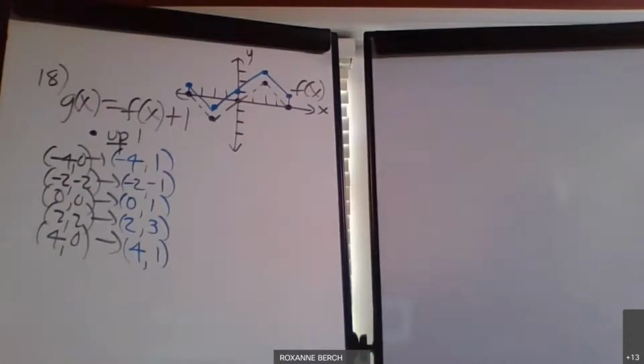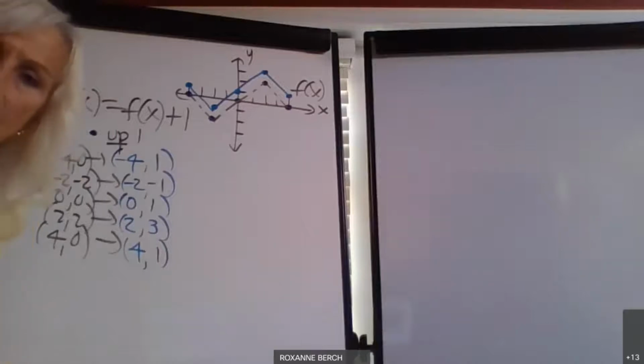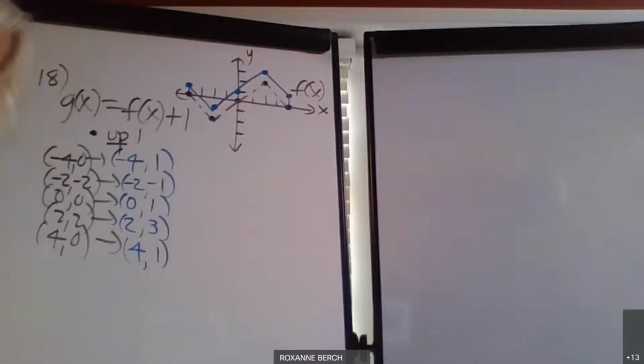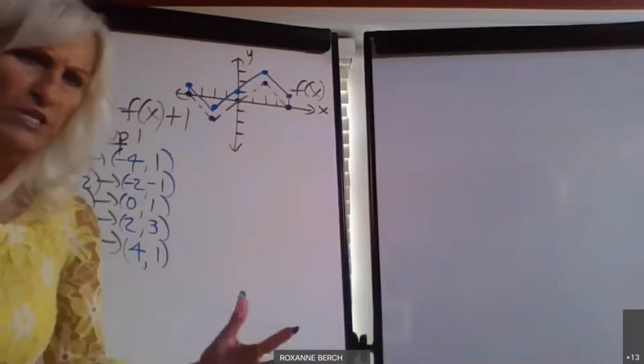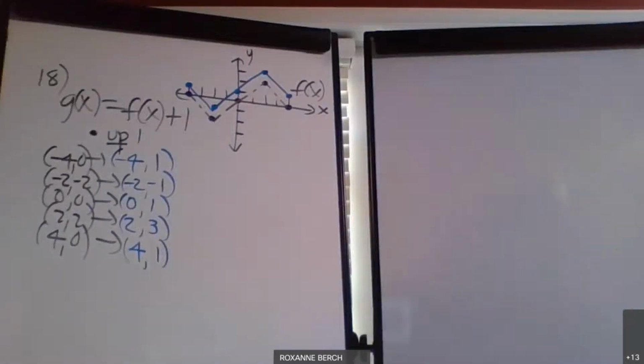So this is what I need on your scratch paper. This is what I need in your assignment. And this is what I need on an exam. Because it gets harder than this. We start doing vertical stretches and compressions. You can't just guess. So we need to eat the baby food before we can do anything more difficult.